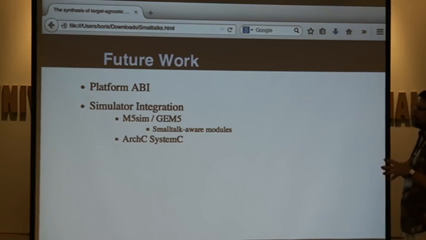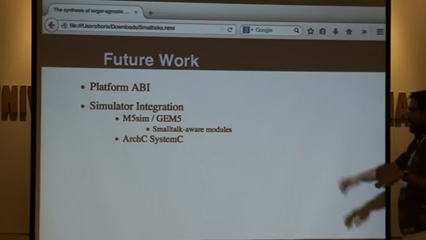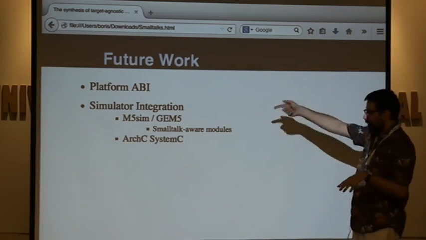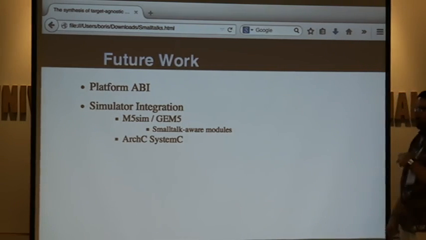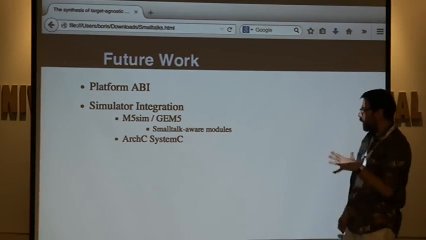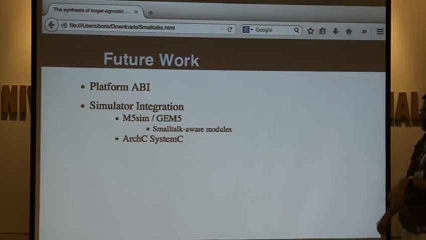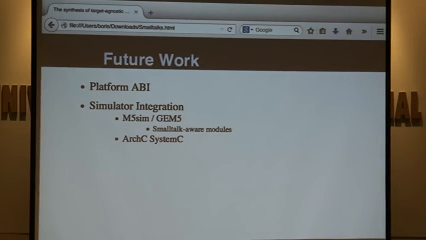We need to integrate this with simulators. M5 Sim, which is now Gem5, for which I have a number of interesting Smalltalk-aware modules, being outside of the machine, you can see at the level of Smalltalk semantics what your VM is doing.